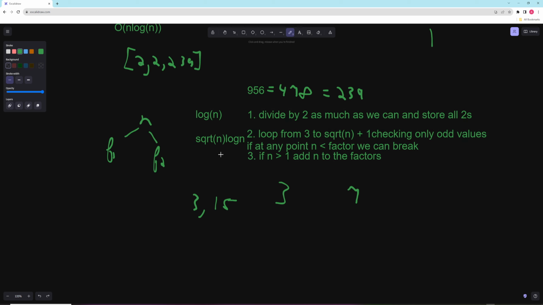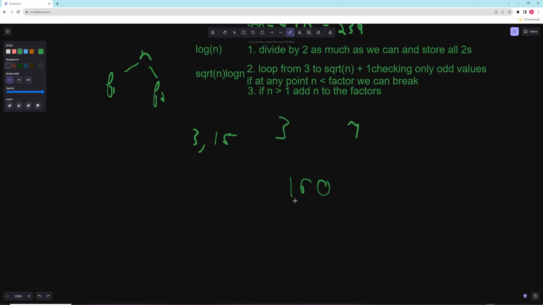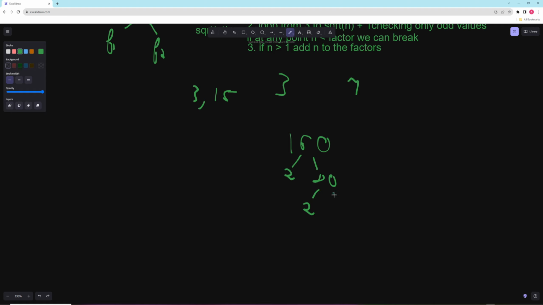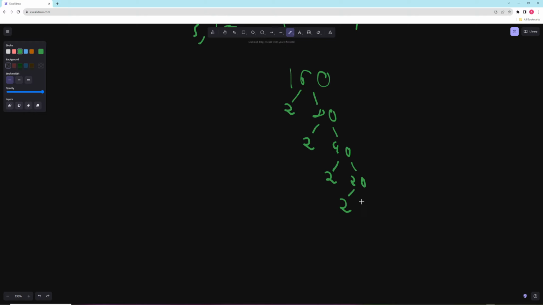And let's go through one other number maybe that's better than this to demonstrate this again. Let's just do something that we know has a bunch of factors, like 160. So first we're going to divide by 2 as much as we can, and we're going to take all the 2's. So let's see how many times we can divide by 2. So we can have 2 and 80, 2 and 40, 2 and 20, 2 and 10,